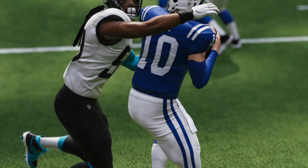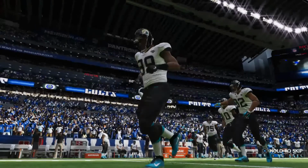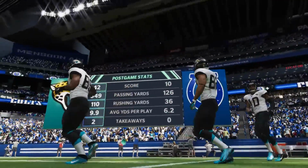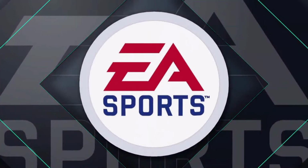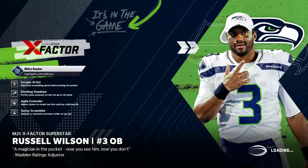They think that they can bottle this and carry it with them. And as an offensive coordinator, you just don't think you can do anything wrong. Whatever you call, run, pass, it's all going to work. That's called being in the zone. So for the Jags, it was a great all-around performance as they come out of this